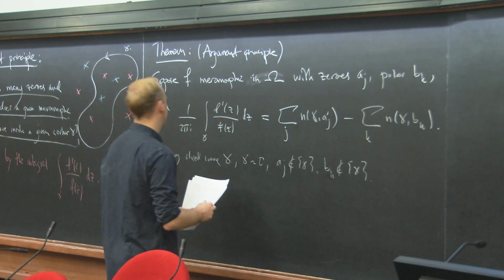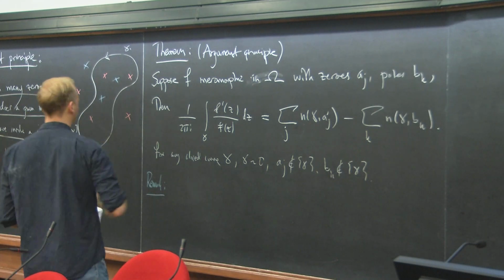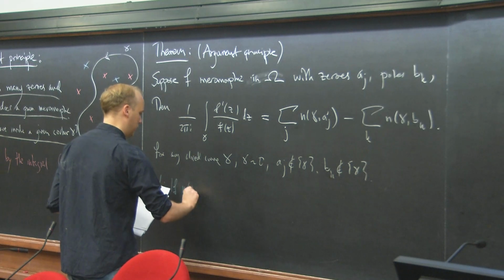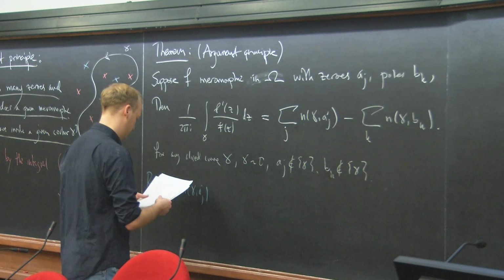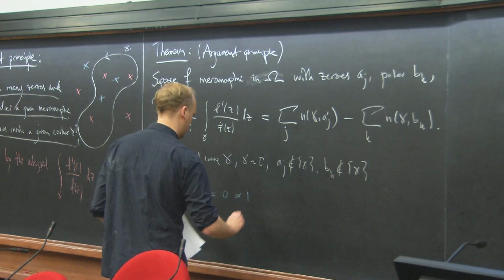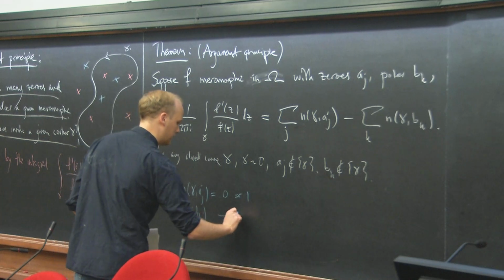So it means that we have this kind of picture and we don't have something that winds around many times around these zeros. So the remark is that if the winding numbers are equal to 0 or 1 always, and the same for gamma around b_k,